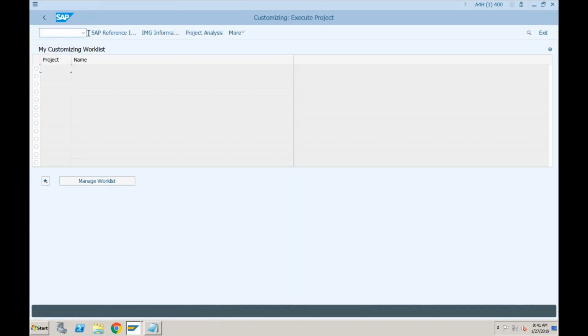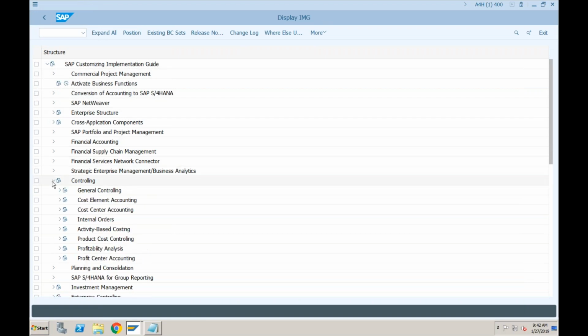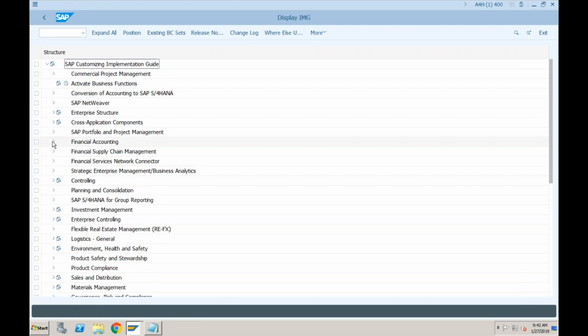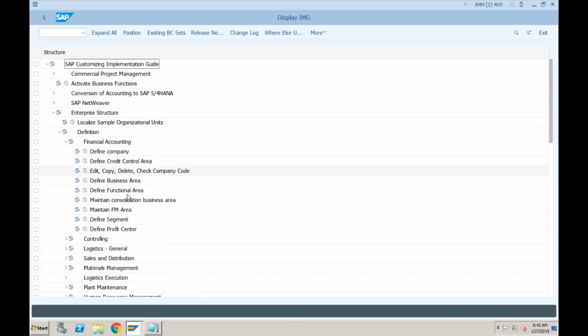So let's go to SPRO, IMG, controlling. Sorry, it is in financial accounting itself. Not even financial accounting. Sorry, once again, it is in enterprise structure. Enterprise structure, definition, financial accounting, and define segment. So just click on define segment.